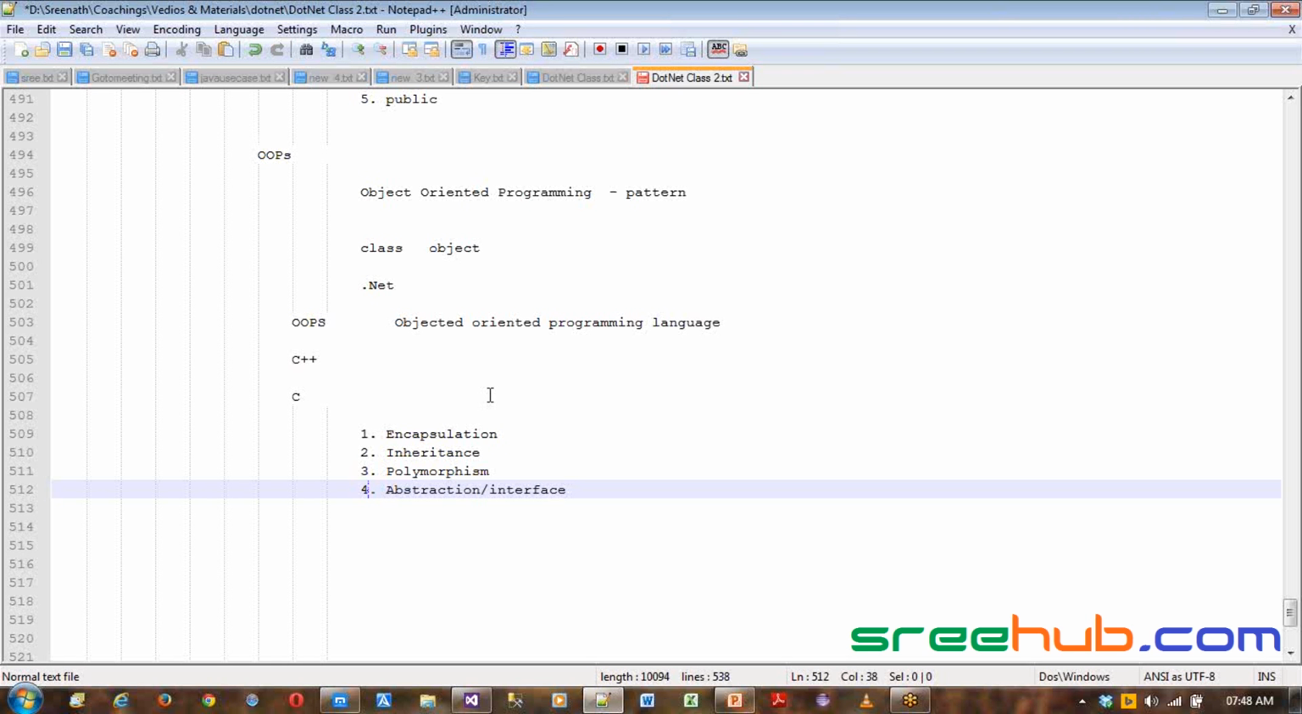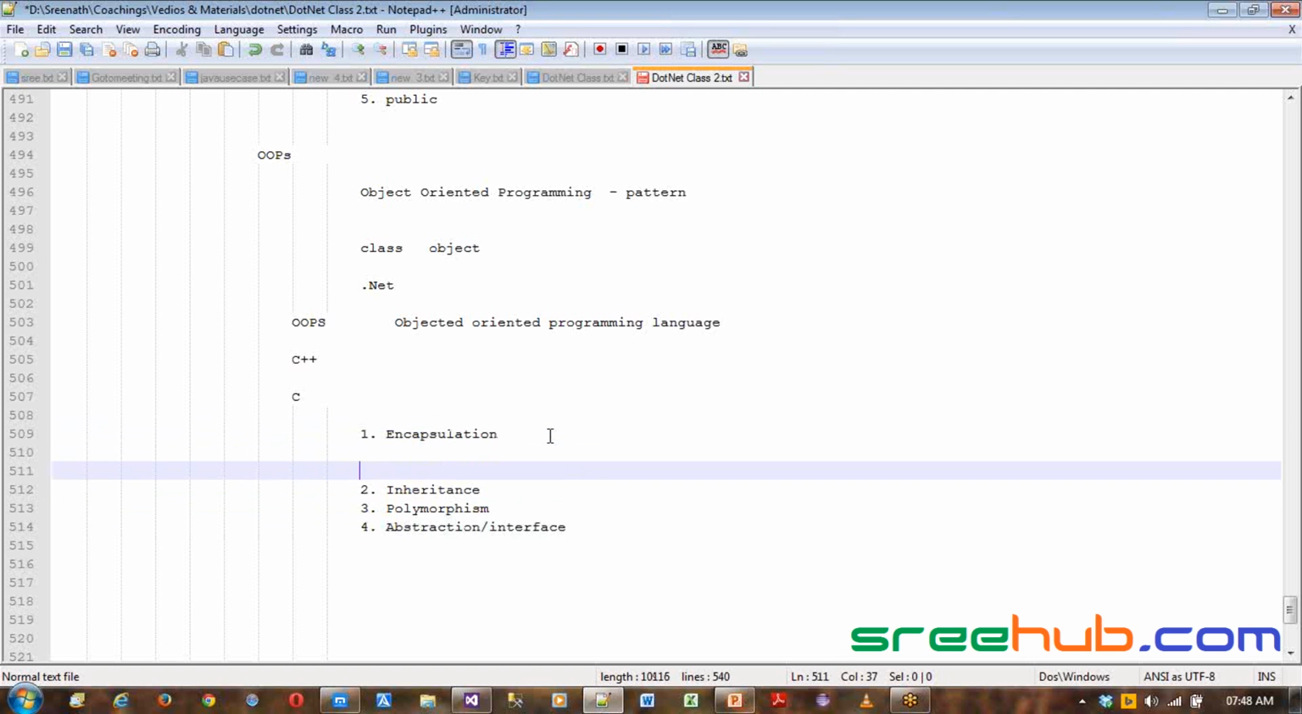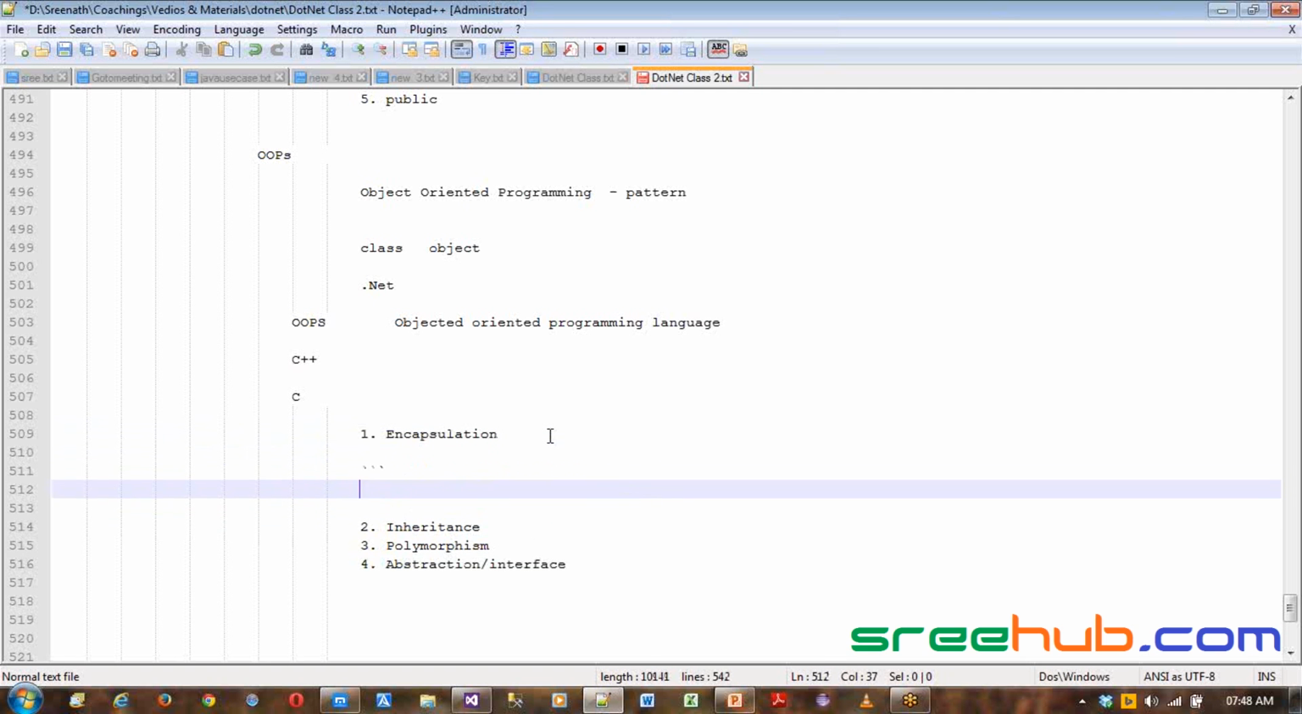Like how can we create any interface in .NET and how we can actually use it. Right? Now, let's start with the first one, which is encapsulation. Now, what is encapsulation? So, encapsulation is